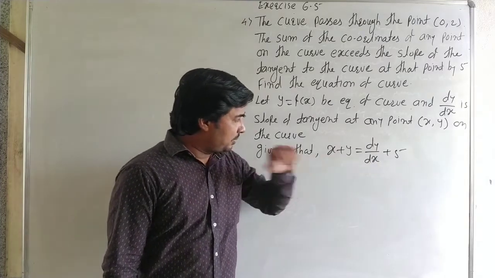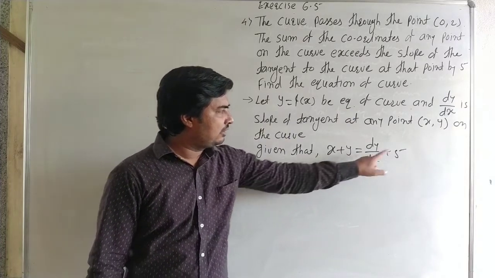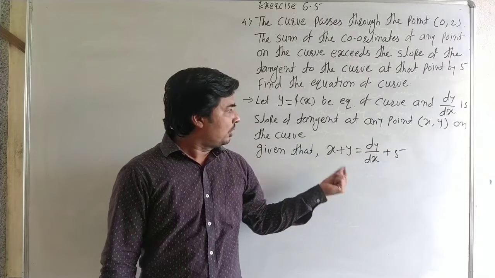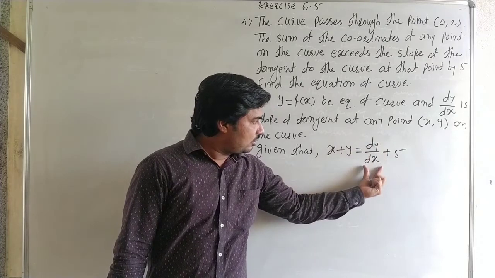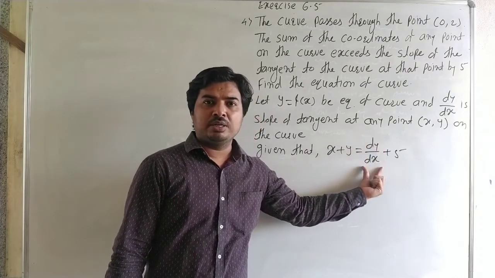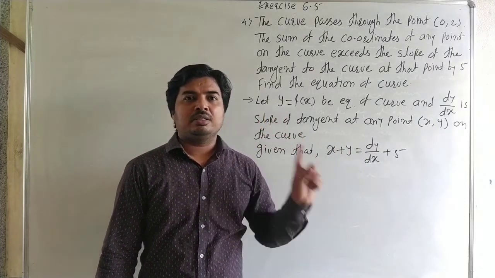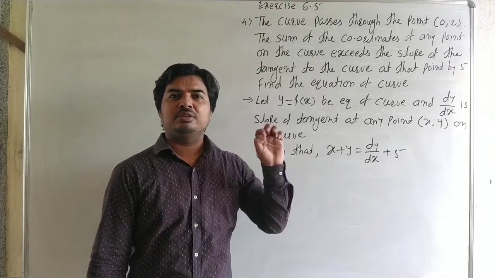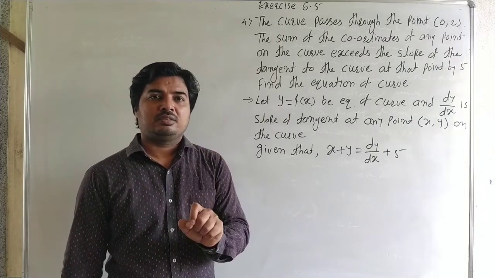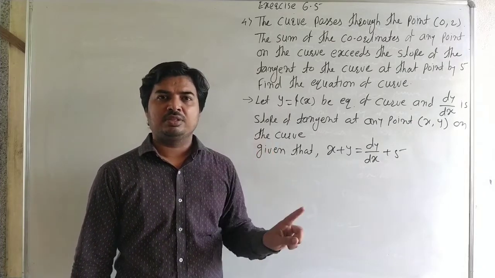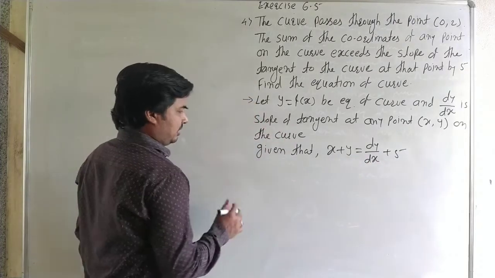Now this differential equation is not in variable separable form and not in homogeneous form, because it is degree 1 and here it is degree 0. Okay. Now it is a linear differential equation in y, because here the power of dy by dx is 1, that means the degree of dy by dx is 1, and the degree of y is also 1. If the degree of dy by dx and y is 1, then it is a linear differential equation in y. If the degree of dx by dy and x is 1, then it is a linear differential equation in x. But here it is dy by dx and it is y. Okay. Now it is a linear differential equation.